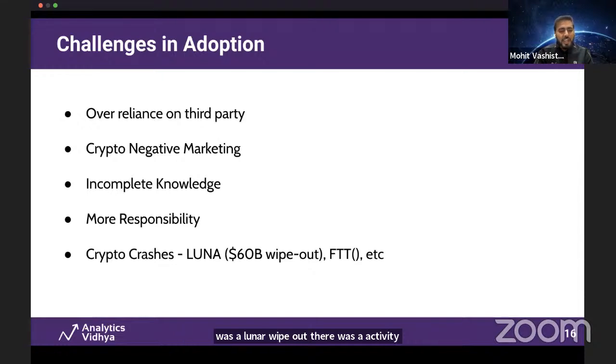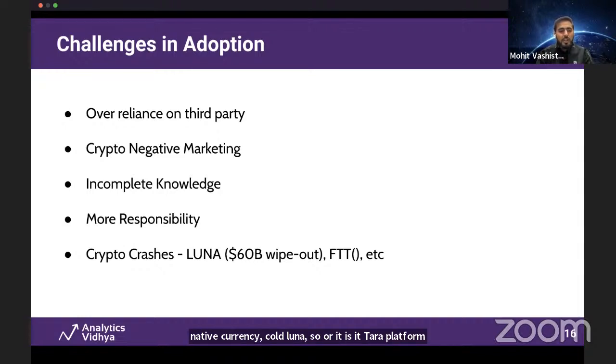In Luna, what exactly happened was they created a stable coin. If you understand cryptocurrency, you will understand some of this. I will just explain the Luna one. FTT happened because of the mismanagement of funds. In Luna, there was a stable coin, which means the value of a particular coin is pegged to a fiat currency, which was USD. But they actually didn't peg it with fiat value. They pegged it with an algorithm, with their native currency called Luna, on the Terra platform.